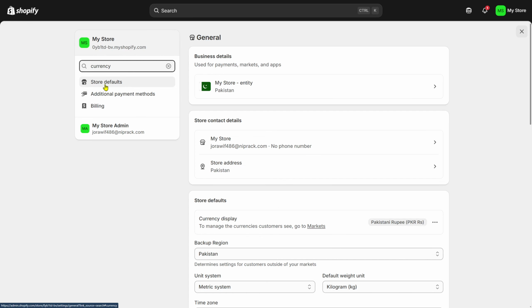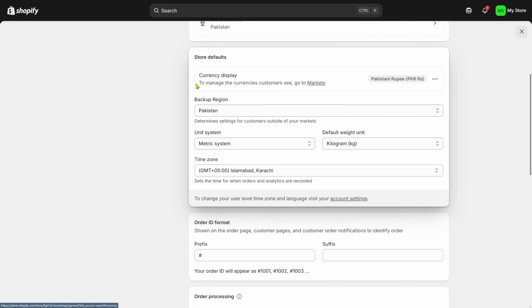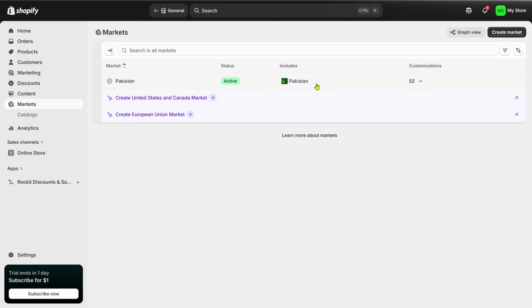Head over to store defaults. So you are going to be finding store defaults once you search currency. Yeah, I know that sounds a bit off, but this is how it works. So the store defaults have this option of markets, right? So currencies, of course, different markets and different regions have different currencies. So currently it is set to my native market, and I need to change that by heading over to markets